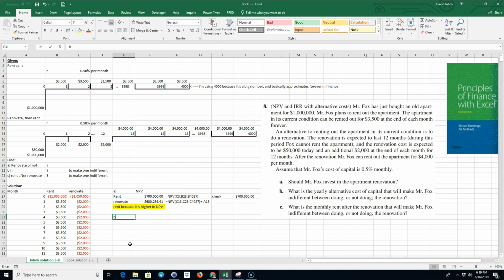Now if I want to do B, I'm going to copy this down because I don't want to ruin it. I'm going to use goal seek. Remember, we want to know what R, and I'm going to use the same R in both cases. And what R am I being indifferent? So what R are these going to be the same? Okay, so I'm going to highlight